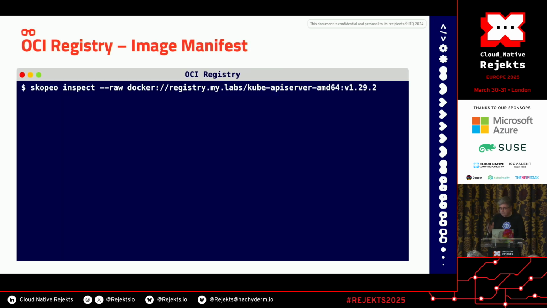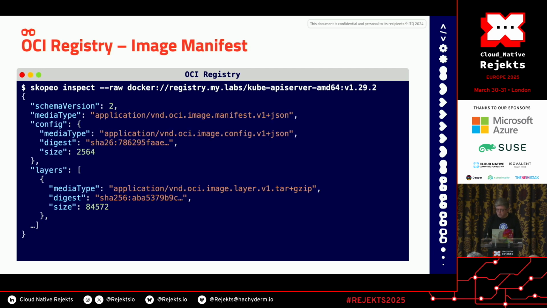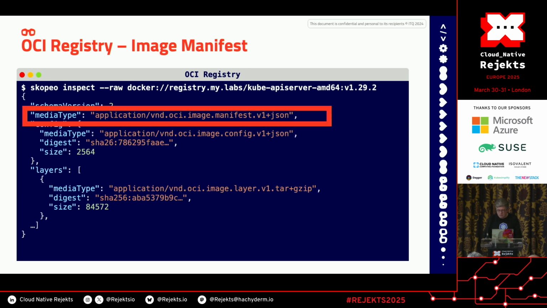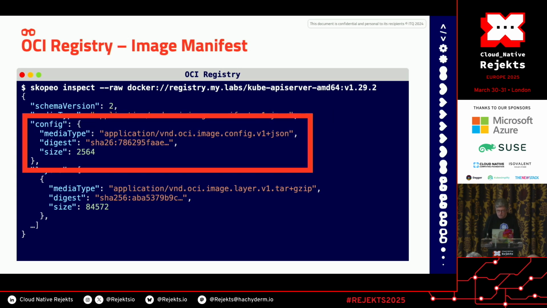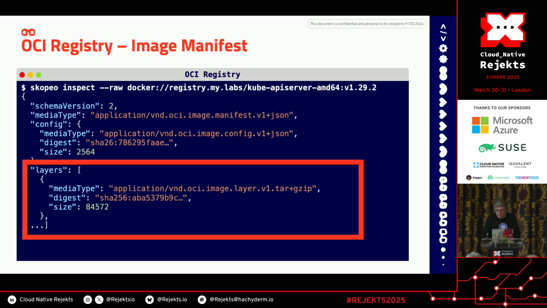If we have a look at the specific image here using skopeo inspect, you can see, exactly as expected, the media type is the image manifest, the config is the OCI image config, and the layers are content in compressed tarball format.